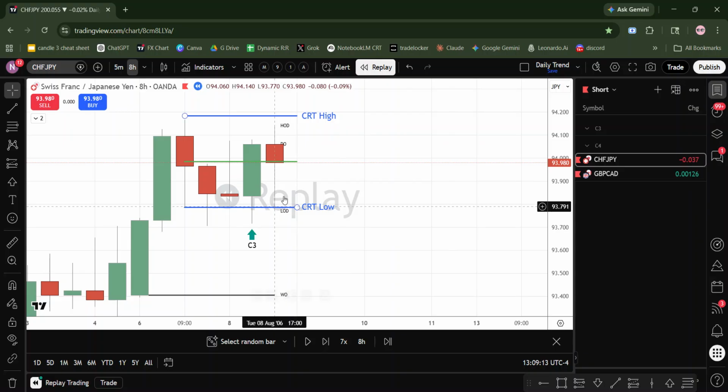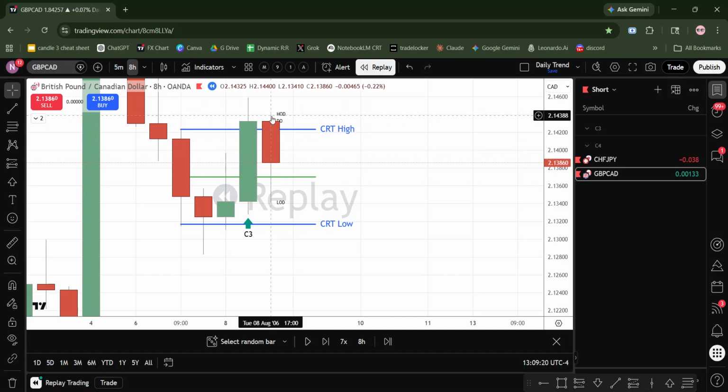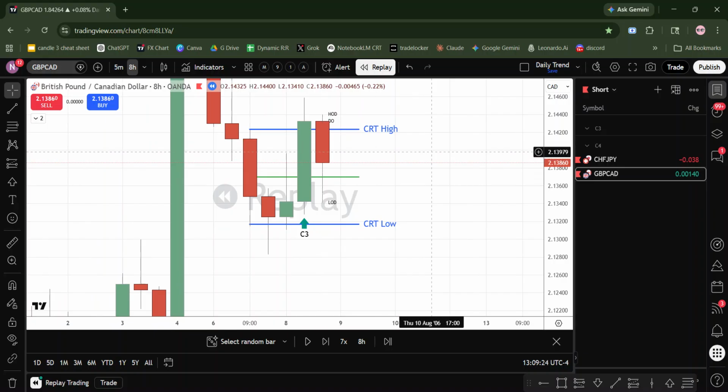Okay, and then you got a little bit, but not much. Okay, as far as CAD, let's see what CAD did. Same thing. Actually, nothing at all. Okay, if anything, it came back down. So at this point,